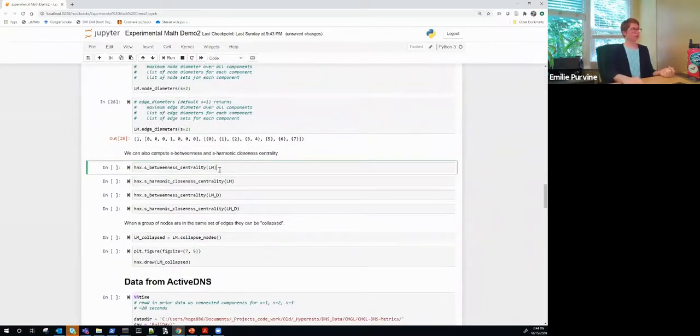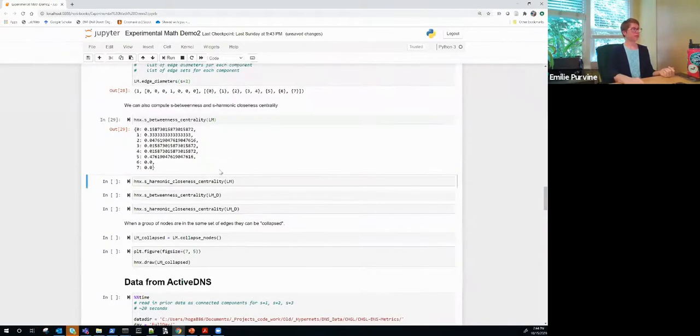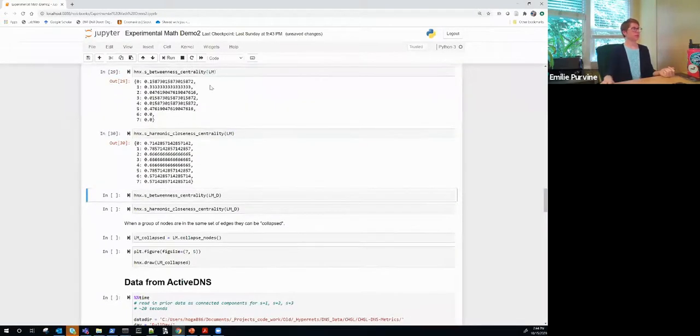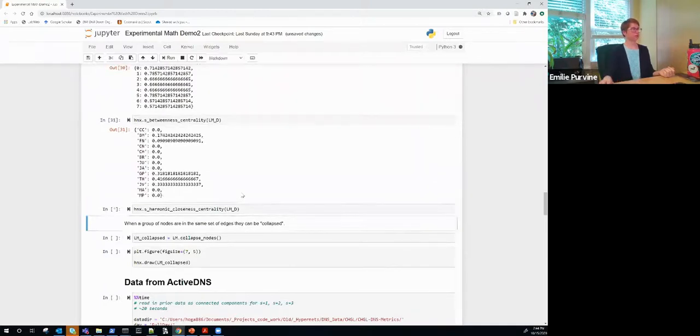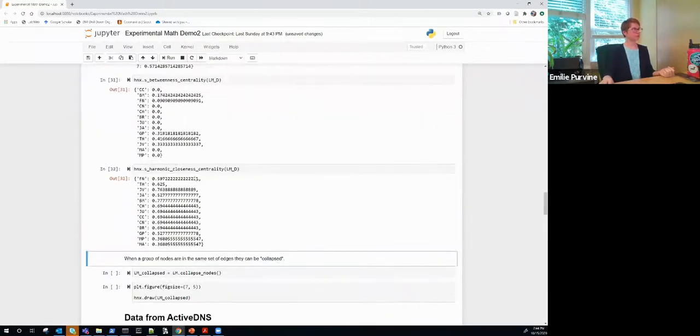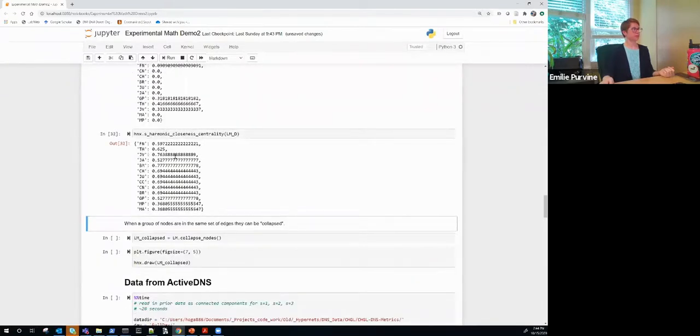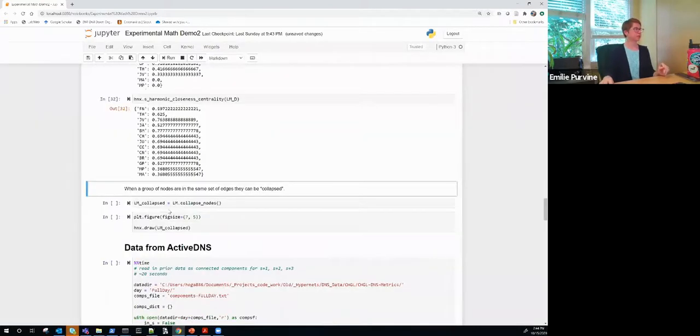And we can compute centrality. So we have a betweenness centrality and a closeness centrality. These are on the forward, the original hypergraph, and then betweenness and closeness on the dual. If you know anything about Les Mis, you might see that the people that have high closeness centrality are Javert and Jean Valjean, which are two of the main characters in the story. This is just a few scenes, so it's not a good representation of the centrality.